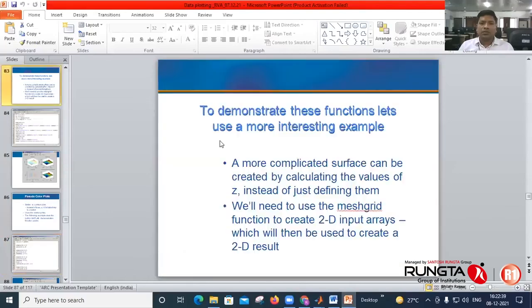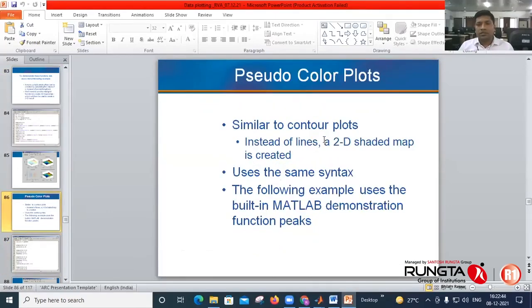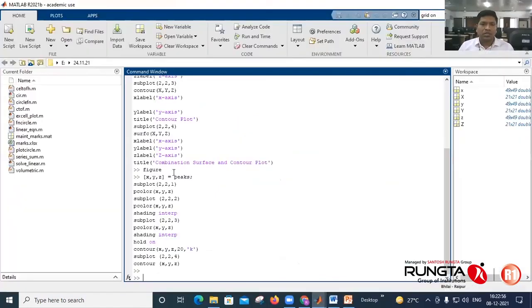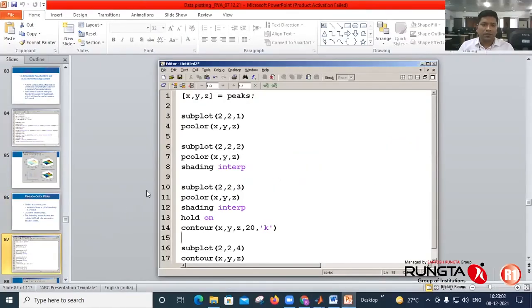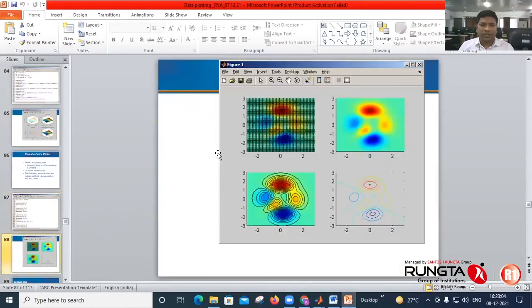You can see these pseudo colors. What are they? Similar to contour plots, instead of lines, a two-dimensional shaded map is created. Again, it uses the same syntax. You have to input the values as X, Y, Z, but it will create the color shading like this.